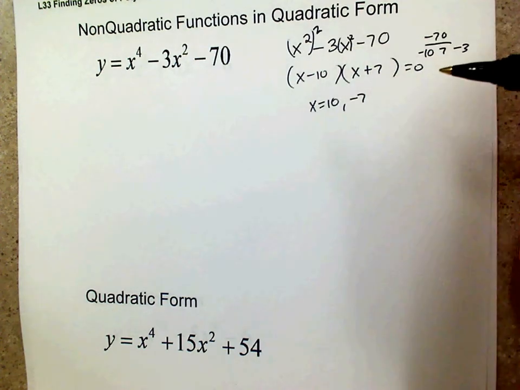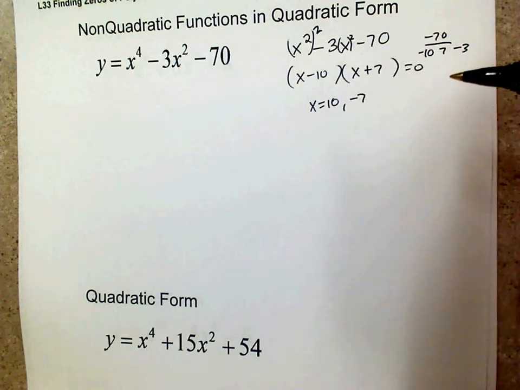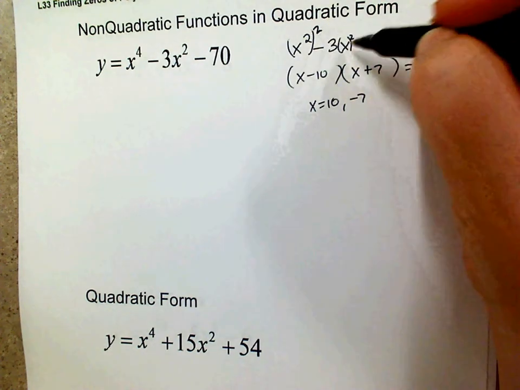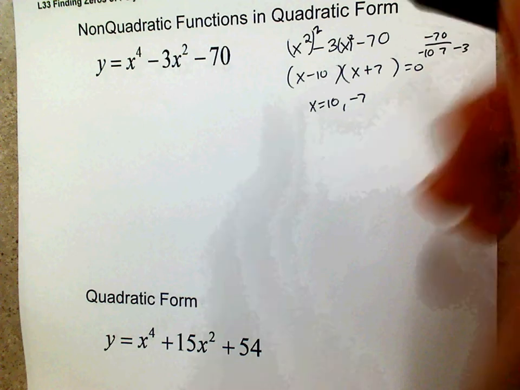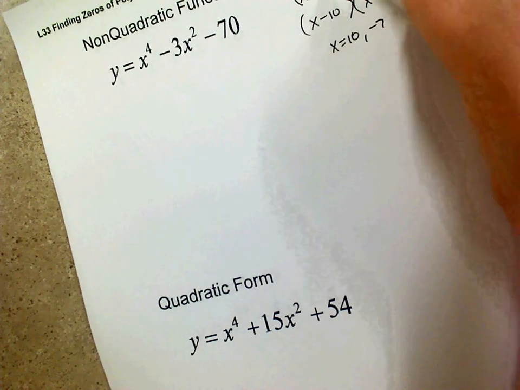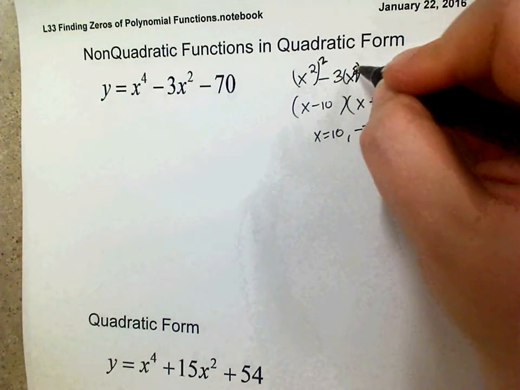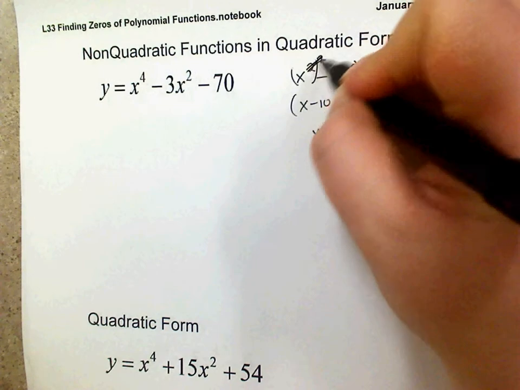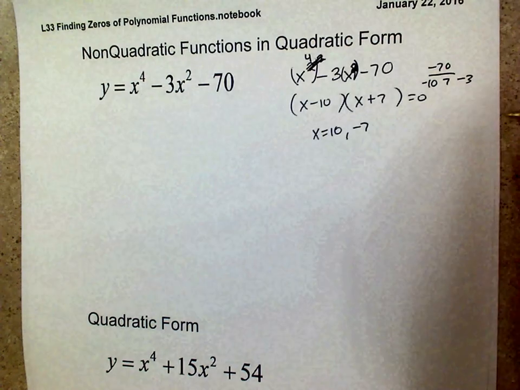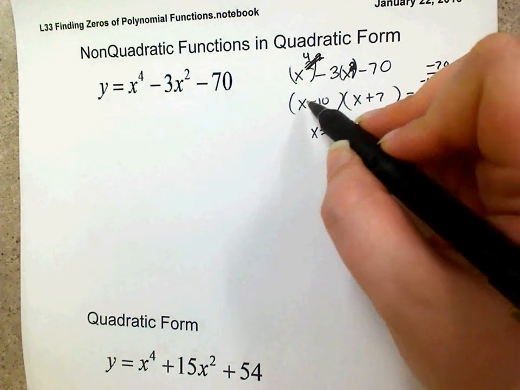What's that now? That's x to the fourth, and this is x squared. So here's what happens. This is x squared, and that is now, oop, I totally just took that out of your sight. That's x squared, and now this is x to the fourth. Okay, well when this was x squared and that was x, this was just x. Well, when this is x squared and that's x to the fourth,